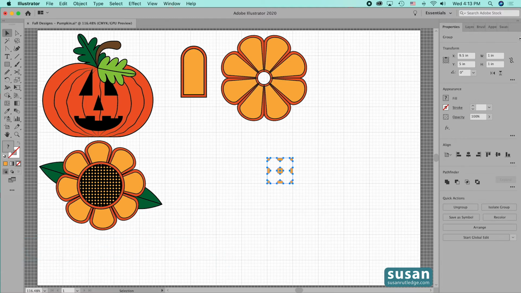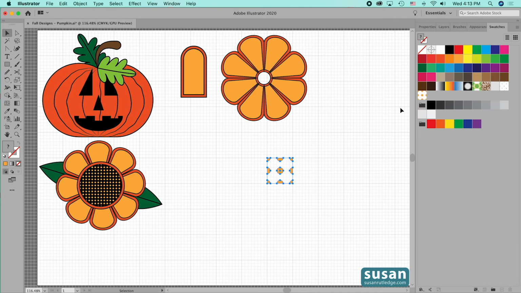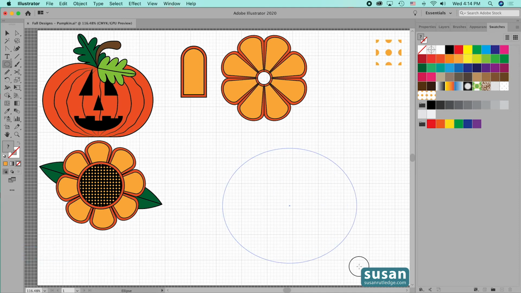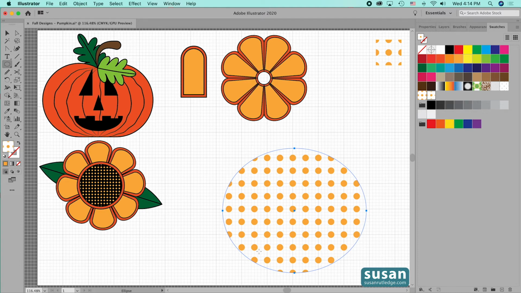Now I'll open up the swatches panel, and I'm going to drag my swatch right into the swatches panel and release my mouse. And we'll just move this little guy up out of the area, and let me show you what happens now with a swatch. I'm going to get the Ellipse tool, keyboard shortcut L, and I'm just going to drag out a big circle, and I'm going to press on that swatch. And you can see that it is a seamless repeat,